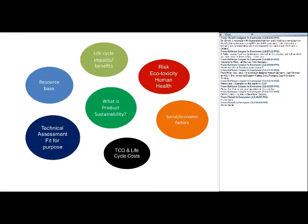And finally, looking at product sustainability, and my work has been with large multinational corporations that are developing products, a primary consideration is: is it a good product? Is it fit for purpose? Does it meet the technical requirements? So I think we need to not forget about that as we look at sustainability attributes. And there may be other attributes that we could add in, but these are the ones I'm going to talk about today. So taking each of these in turn,